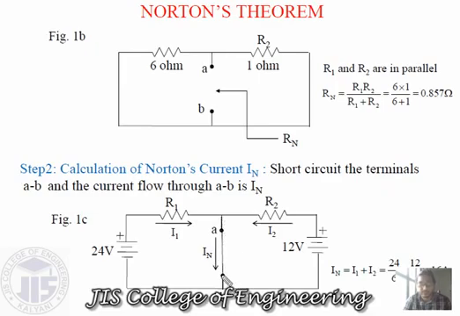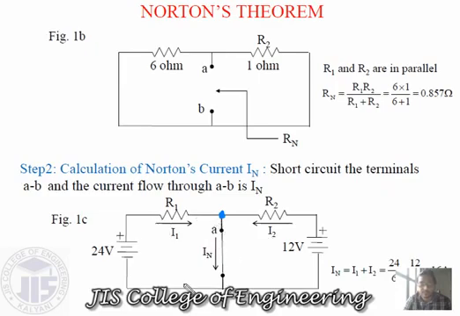Now what will be this current? This IN current is nothing but this I1 current and this I2 current, both are shorted over here, and there is a path. If we apply KCL at this particular junction, I1 amount of current is going into this node, and I2 current is going in, and IN current is leaving, so we can say this IN current is equal to I1 plus I2. Now how can you find this I1 and I2?